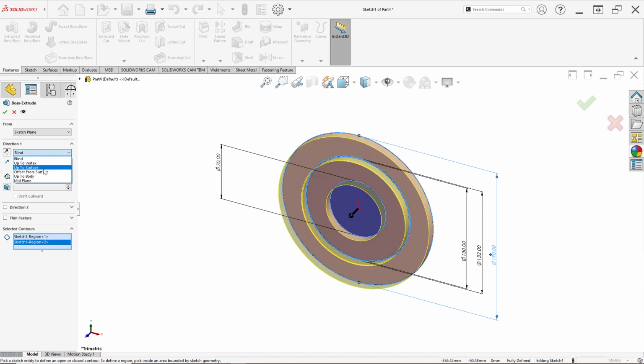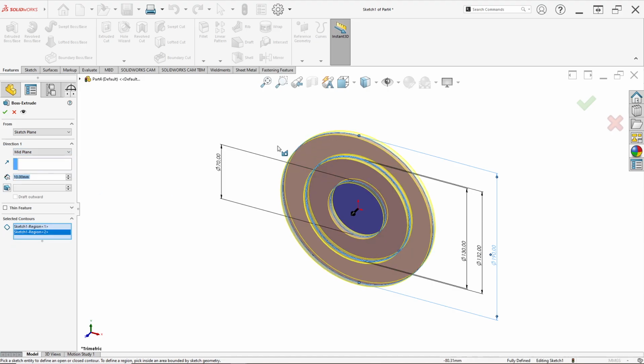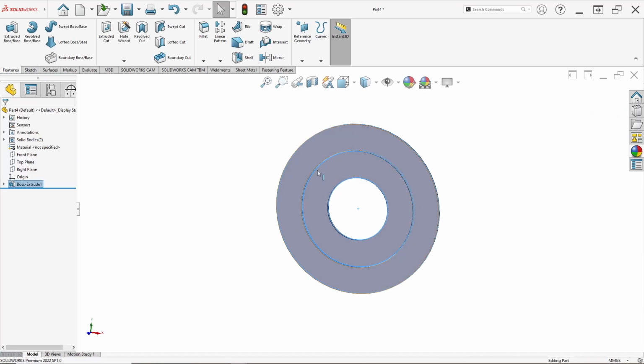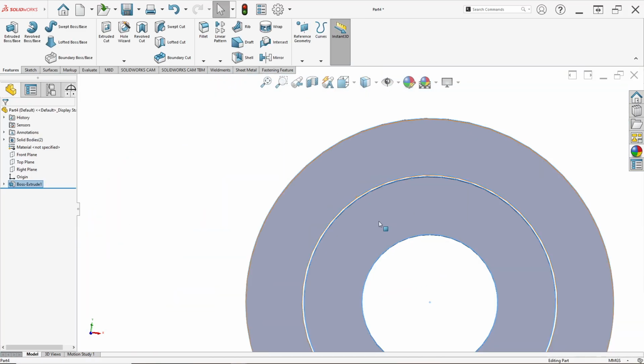So after that, just select feature, click extrude boss or base, select contour, click this face and this face. For direction we can change in mid plane for symmetry part. In here are this brick, so the thickness in here thin, I set in 3 millimeter. Just click OK like this. In here have a gap like this. Okay.